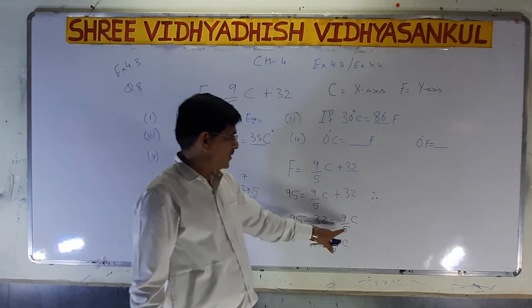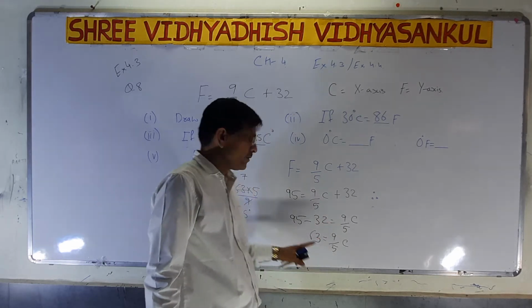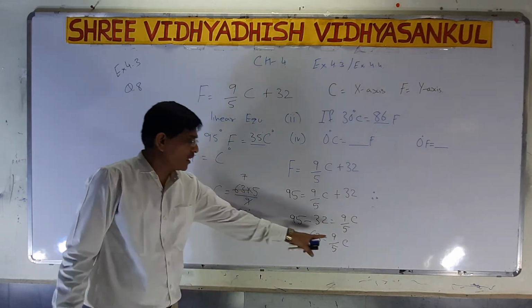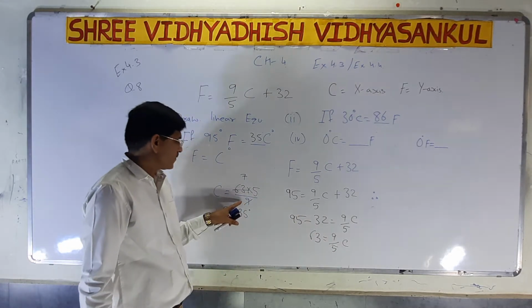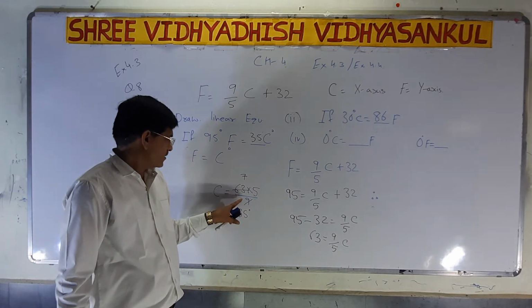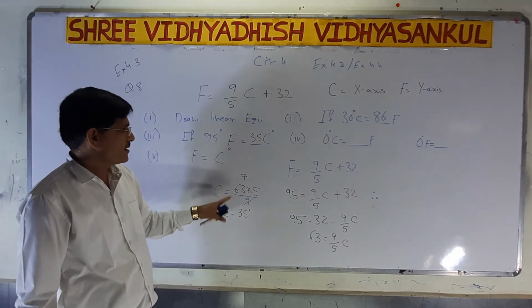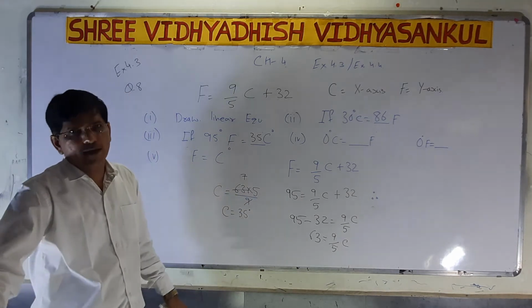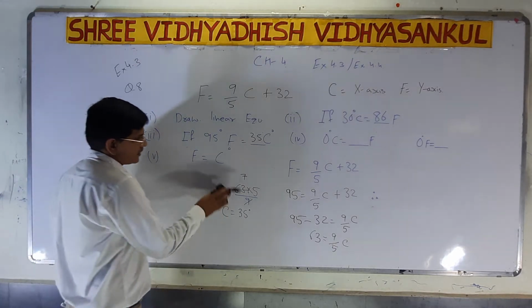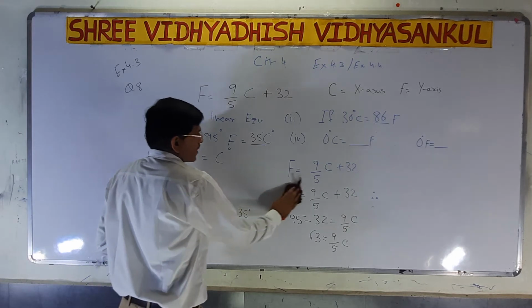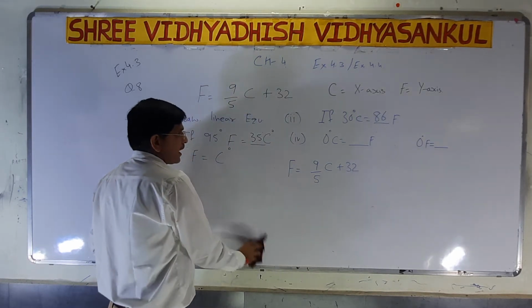Division goes to multiplication. So 63 into 5 I have to do, and what is multiplied goes to division, so 9 C is there, and 9 goes to the denominator. Now in the table of 9, 63 is 7. So 9 7 are 63, 7 5 are 35. So the second sum and third sum we have completed. Now I start the fourth sum. I think it is easy.